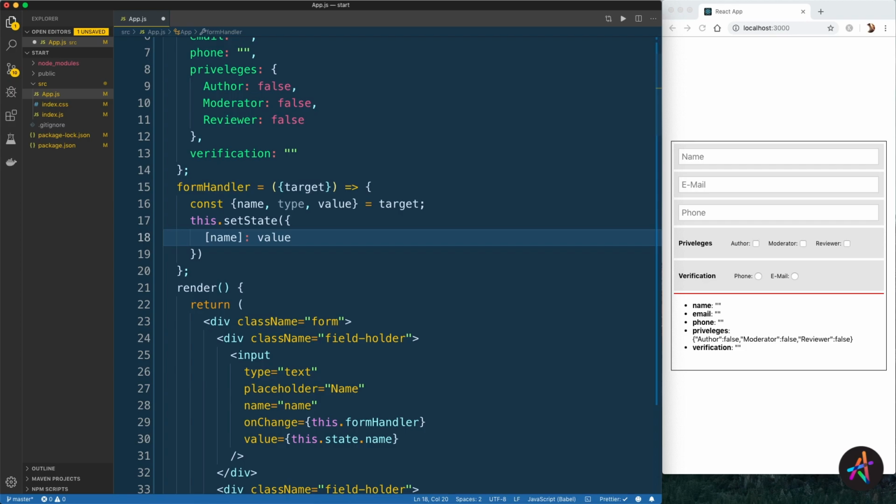For every invocation of the form handler function, we get the name of the state property to update using the name property, and we get the value. There's just one tiny problem that we need to address here. Our privileges checkbox group has respective state properties that are set to true or false based on the user's choices. Since all three checkboxes belong to the same and common name privileges, how exactly do we toggle the author, moderator,